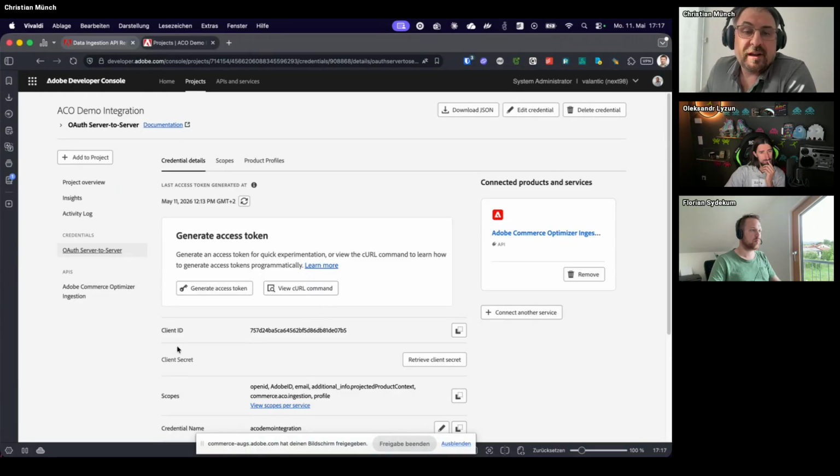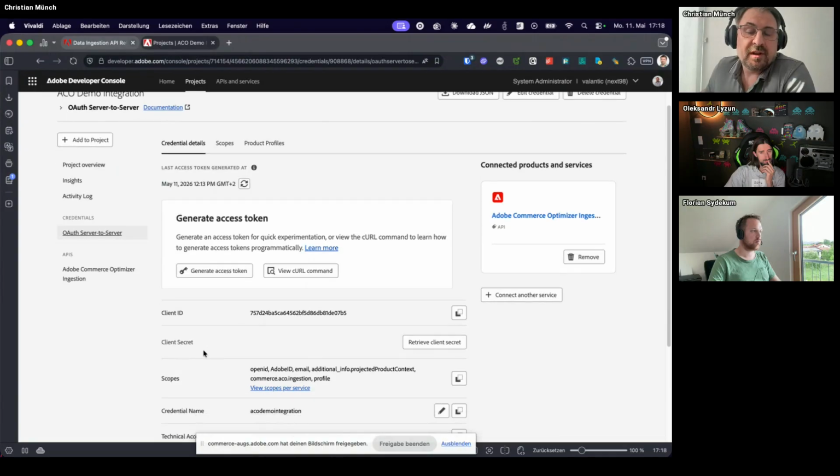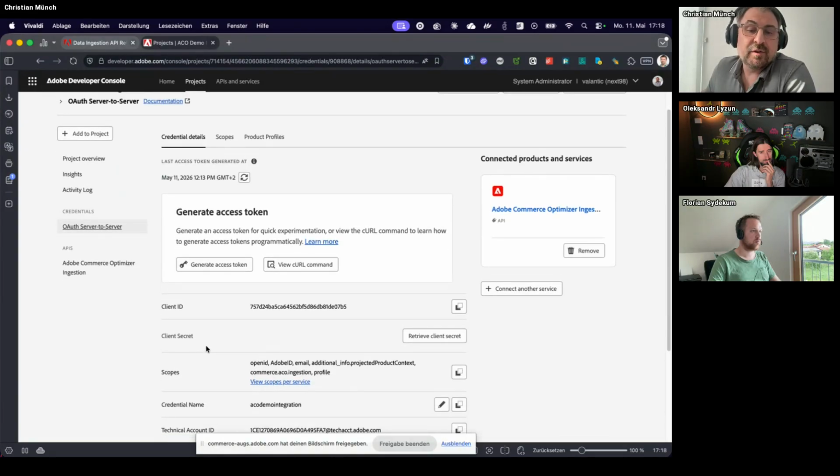The API authentication works with the OAuth 2 authentication flow with client credentials. That means you need these two values here. You need the client ID, that's a unique identifier that is created. And there is always a secret value. I will not show that, so that no one can pollute my sandbox. But in your case, you should click once here, then you see a secret, then you can copy and paste that secret.